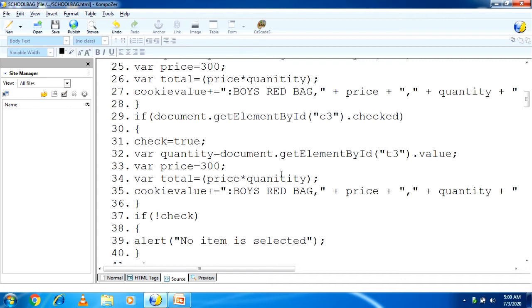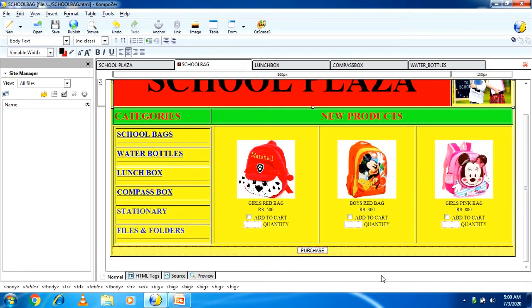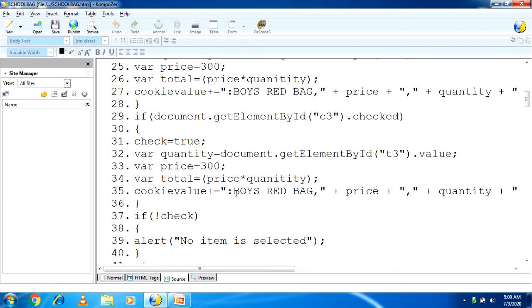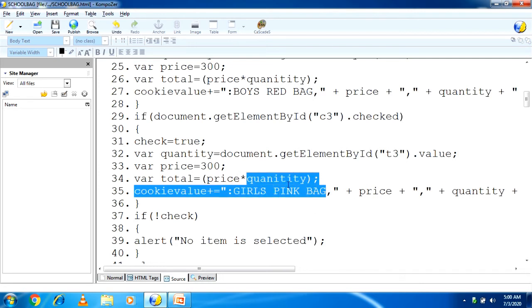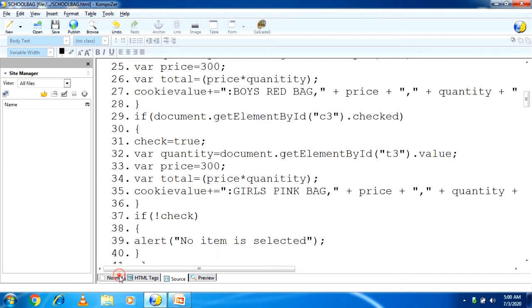After that, you can see girls pink bag, that is my third bag name which I am adding here. The price of the third bag is 800 rupees, so I write 800 here.